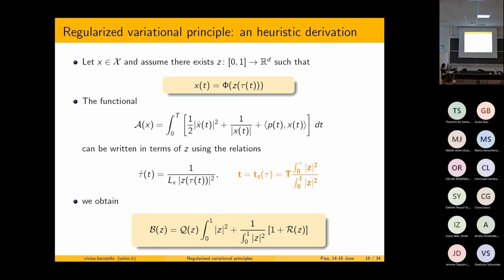Okay. This computation is long, but finally you find a functional of this form where the quadratic part, the kinetic part, corresponds to this term here, while the potential part, 1 over x, corresponds to this one, okay,